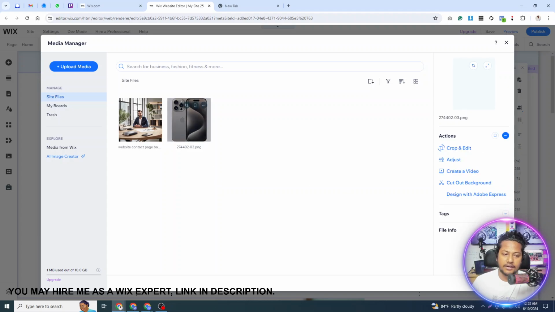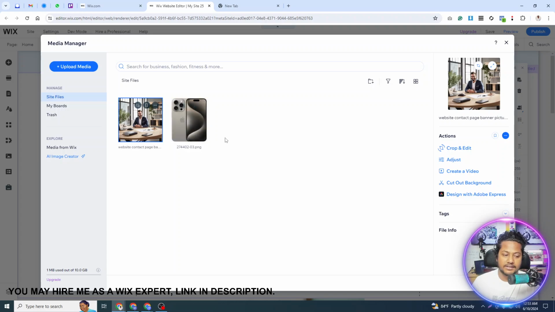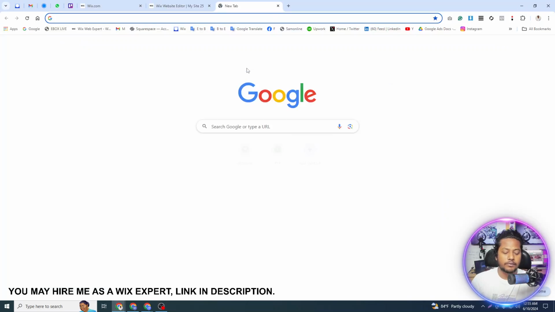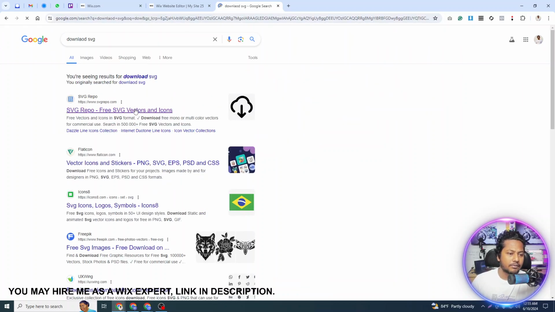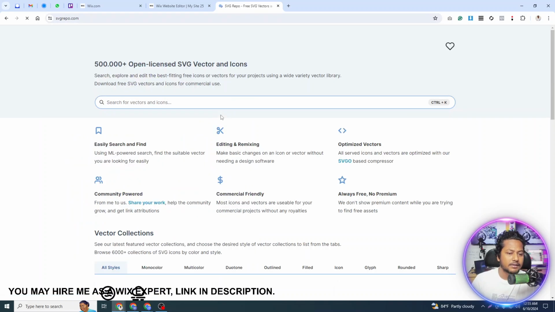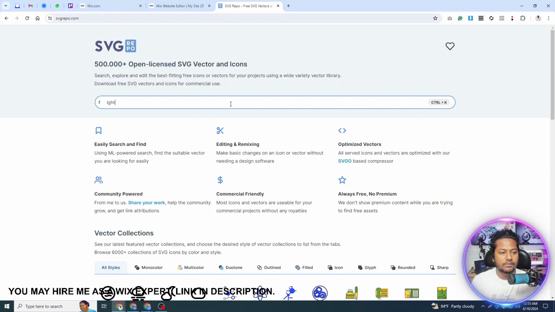If I want to use an image, we need to use an SVG for the button. So let me go to a website. Let me type on Google download SVG, and then we can see a website here. There are a lot of websites like that. So we need a right arrow,